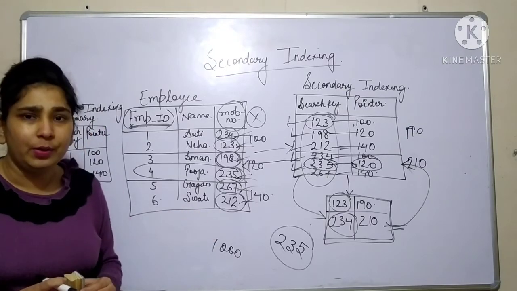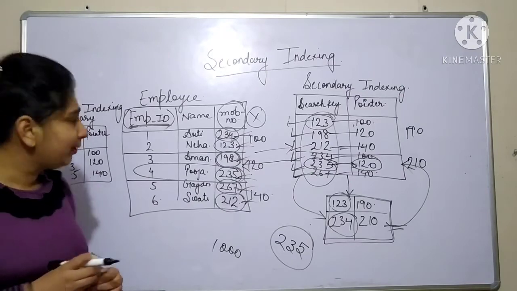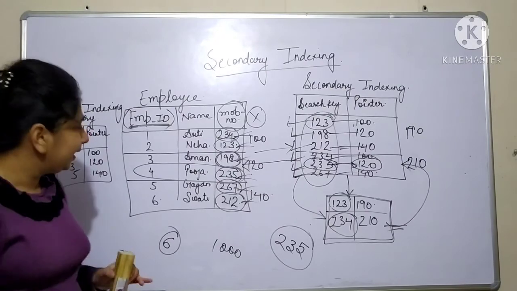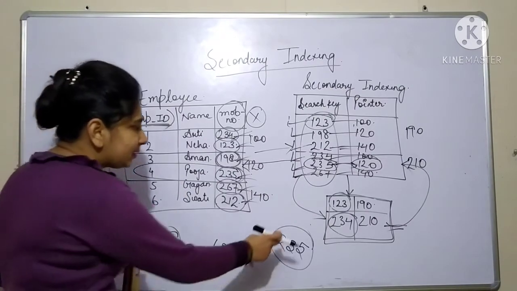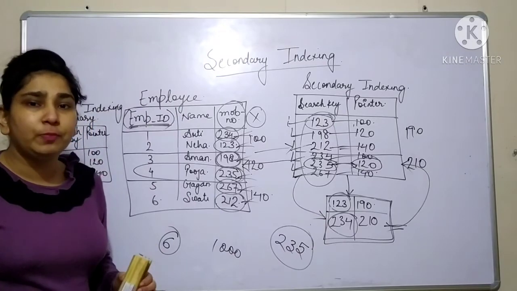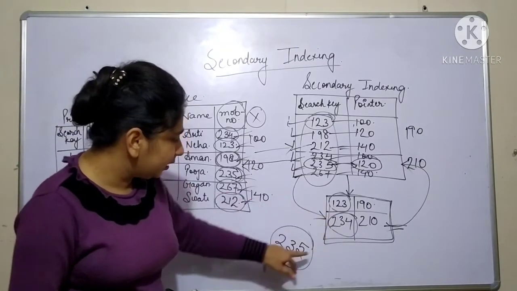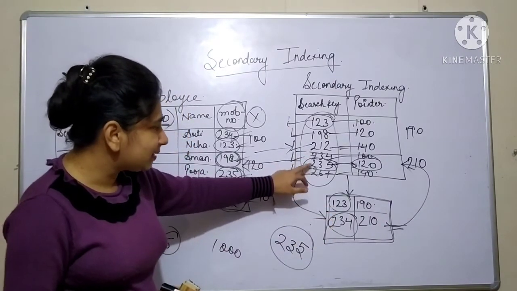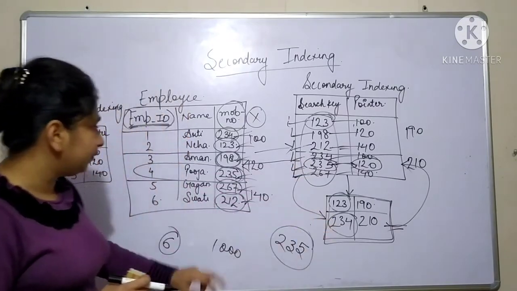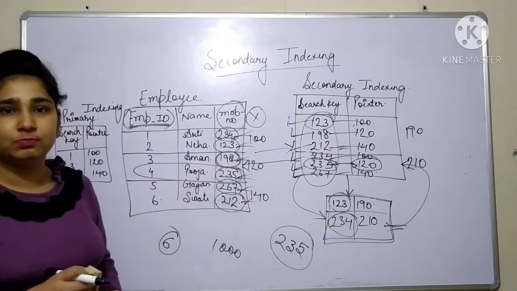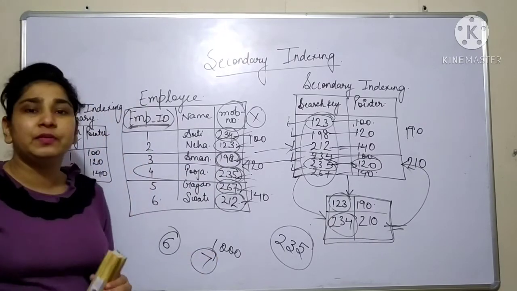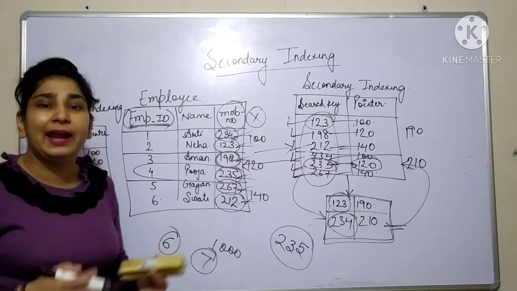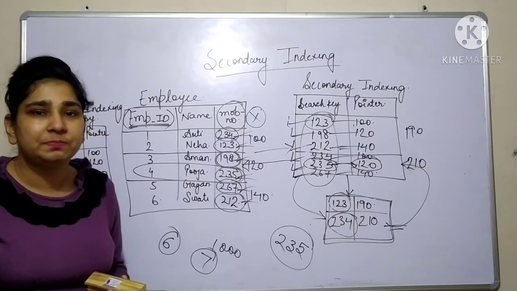Then you will get the benefit of indexing. If you look, without indexing we have to perform 6 searches in this case. And with indexing, how many searches do we need to perform? Firstly, we compare mobile number 235 with these 2 values. Then with these 3 values, 3 plus 2, 5. Then you move here, plus 2. We are getting 7 searches. You are even losing out; your search time is increasing in this case.